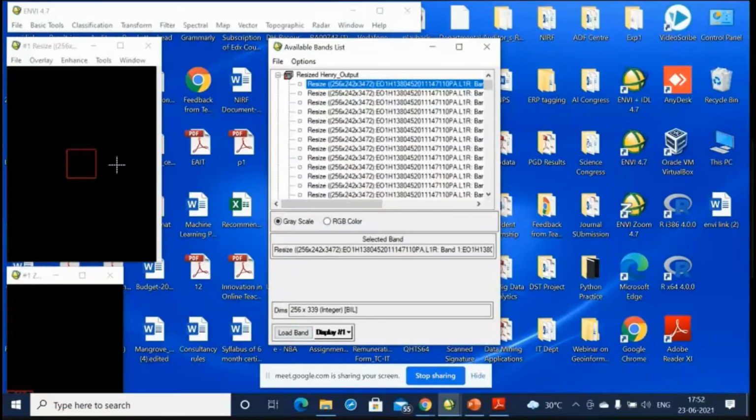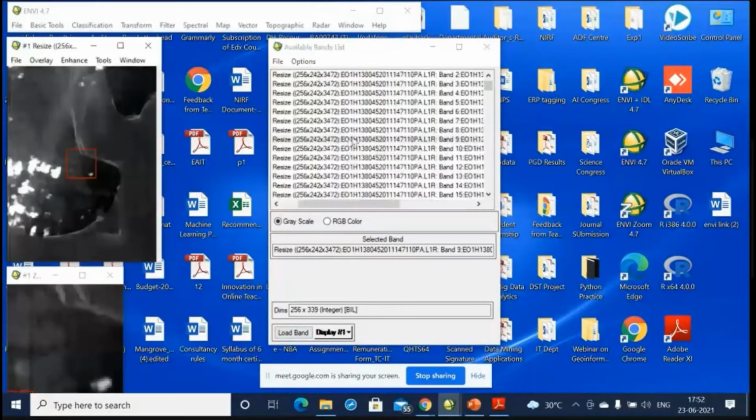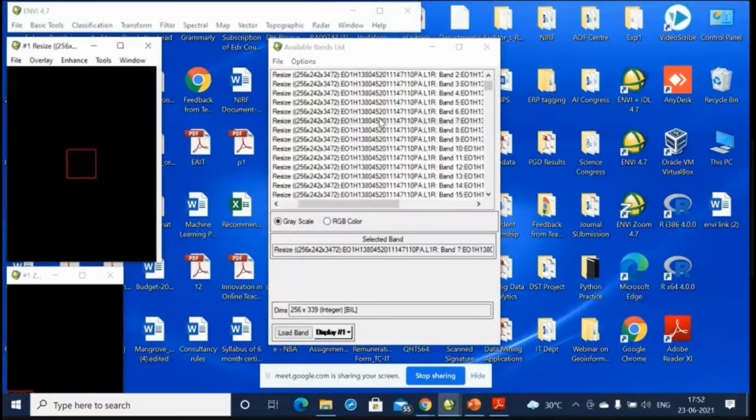There is no information. The second band is also dark. The third band is also dark. Let us move on to the ninth band. There is some information. So let us move on to the eighth band, the seventh band. Up to 7, there is no information available.